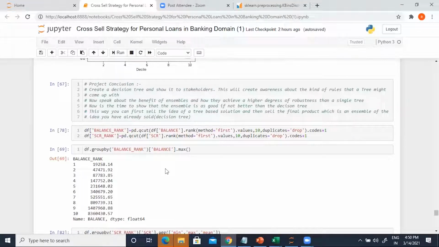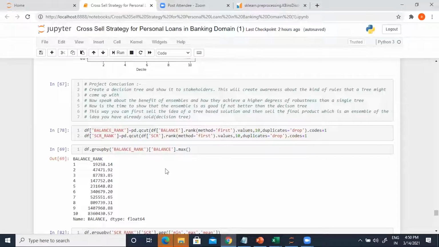Then I want to take these groups and make a pivot table with the top deciles and the bottom deciles, and see what kind of values make sense. Is everybody okay with that? Yes.